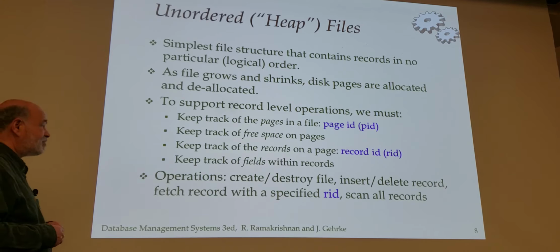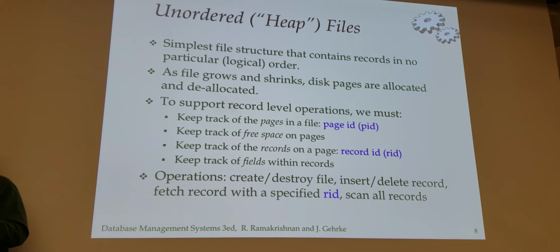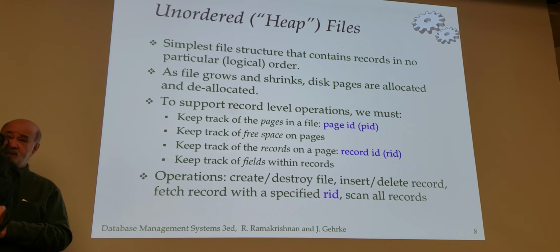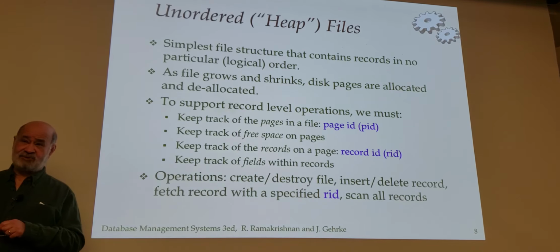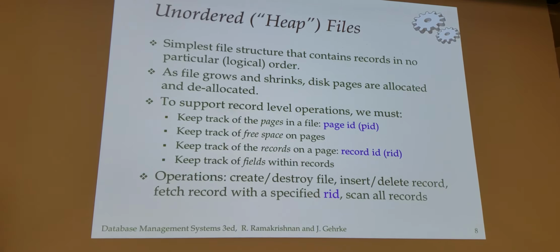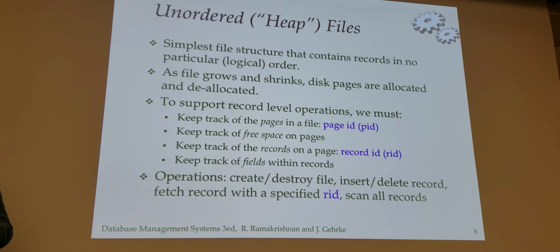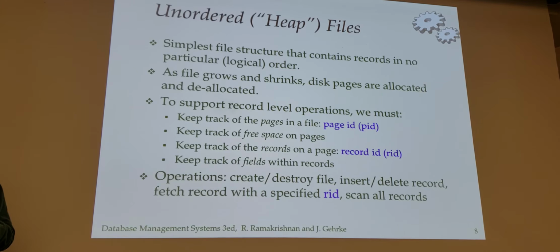You also need to be able to have a way of finding fields within a record, and again, I will emphasize, it's gotta be in constant time. You don't want the time to find the kth field to be proportional to k. It should be O(1), okay? And then you need operations that create and destroy files, insert, delete, and update records, fetching a record with a specific RID. We'll be looking at indexes later, okay? And scanning all records. And to give away the importance of RIDs, which I briefly mentioned last time, but I'll repeat now: RIDs have to be permanent,